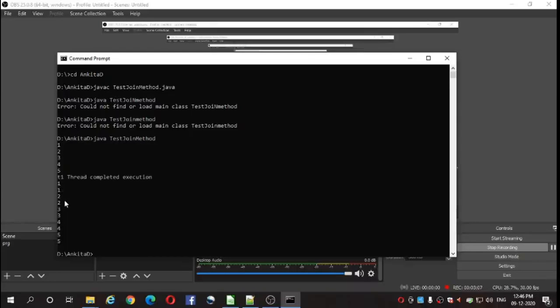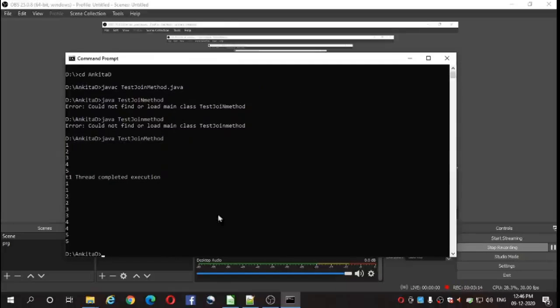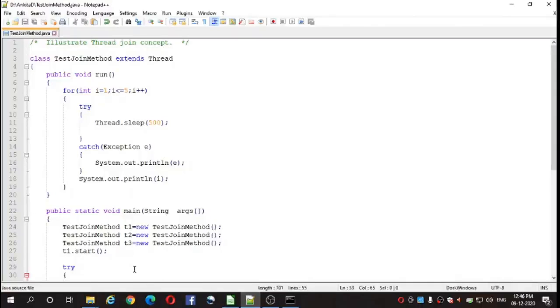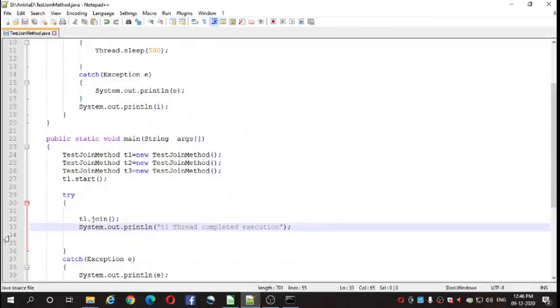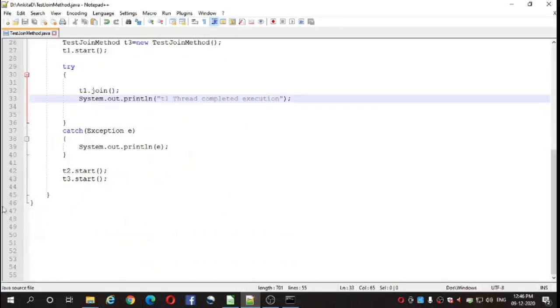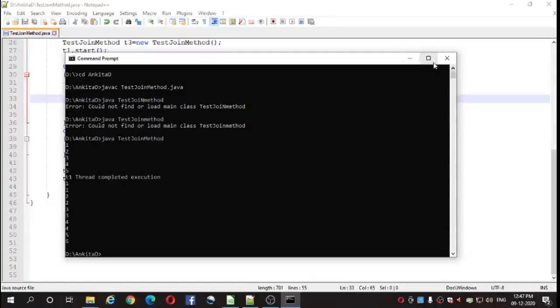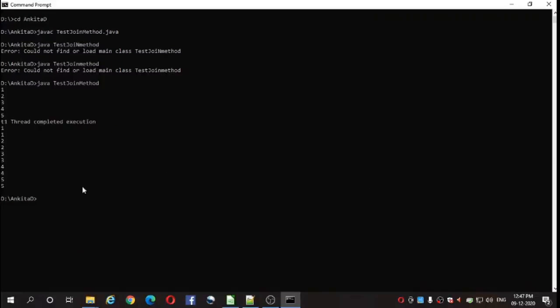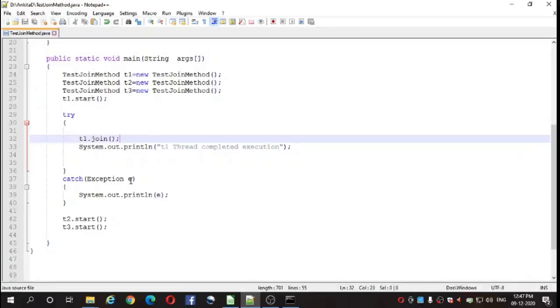You can see here 1 1 2 2 3 3 4 4 5 5. This is because we have not included the join method with the threads T2 and T3. That's why it is showing the output like this. Without the join method, what will be the output? We will see.